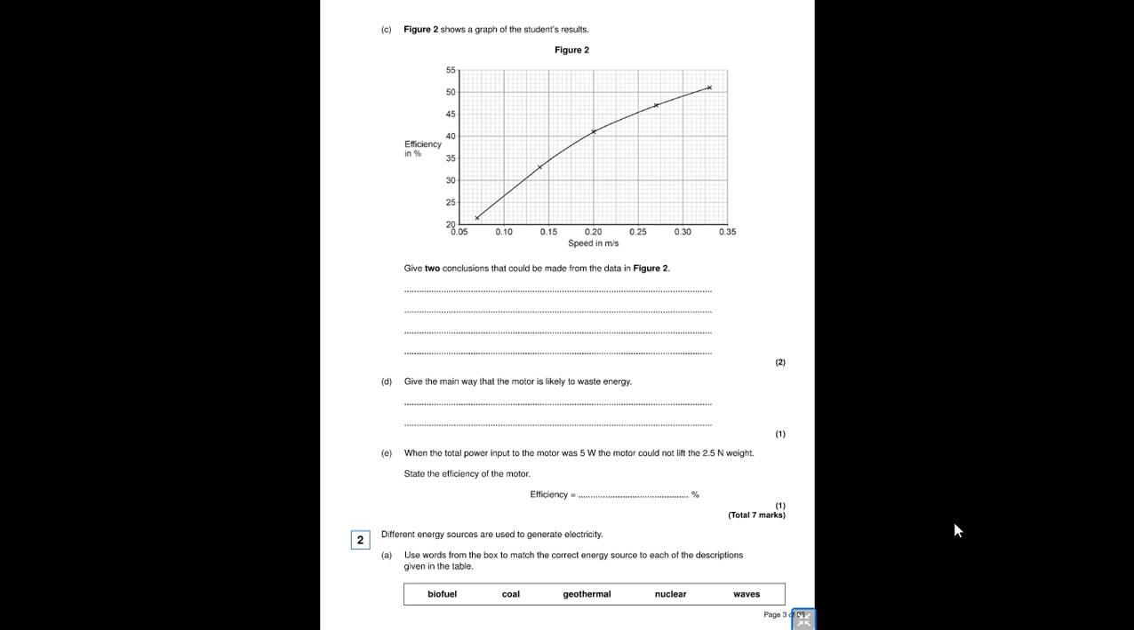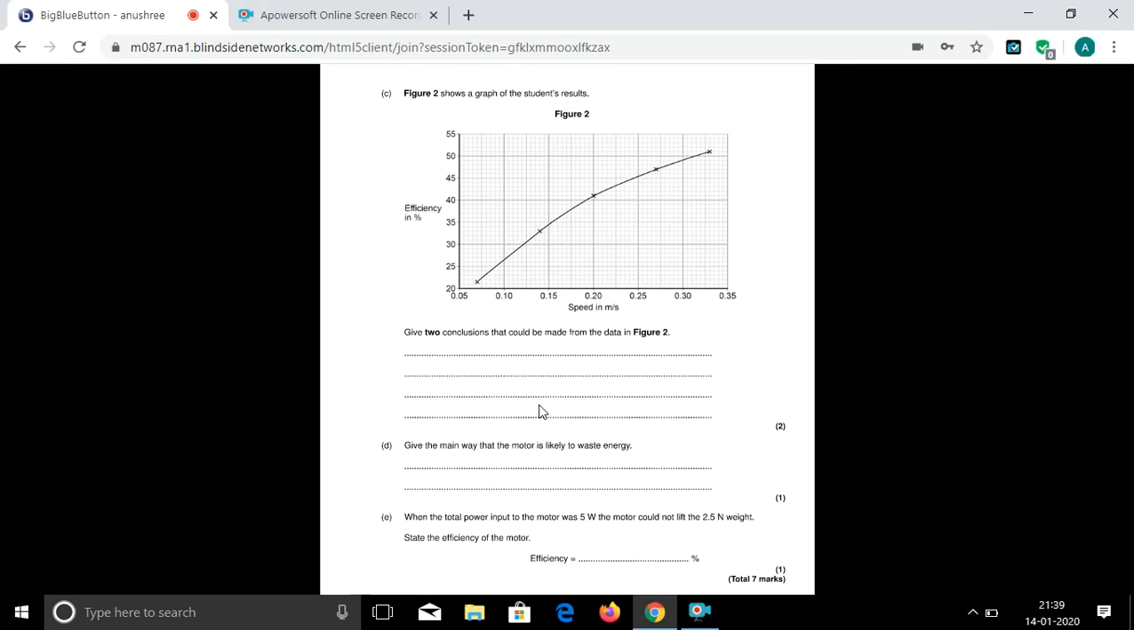Okay, so the two conclusions are: the first is that as efficiency increases, the speed is also increasing. Is this clear? Yeah. So if efficiency increases, the speed is also increasing. Second is that the curve is quite constant. If you look at the curve, at some point it tends to move at a constant value, right? At the very end, see, if you extend this graph,